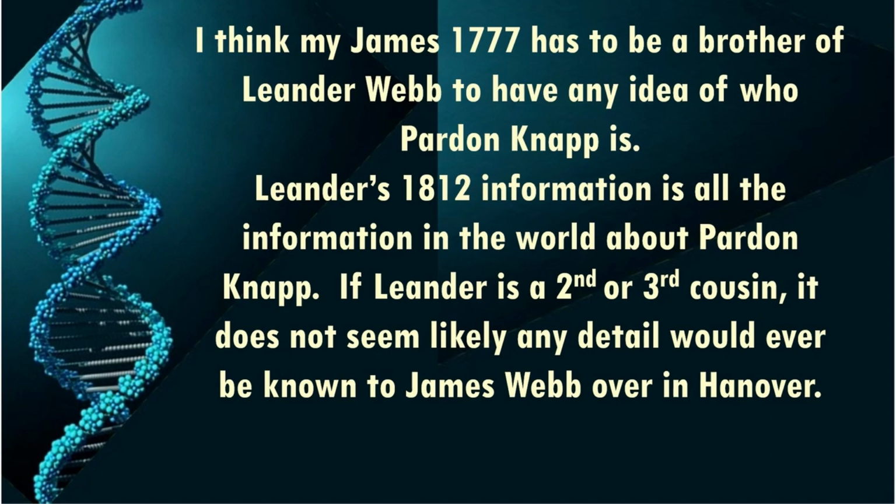If Leander is a second or third cousin, it doesn't seem likely that any detail would have ever been known to James Webb over in Hanover. That's way over on the outskirts of New York, next to an Indian settlement. So I just don't see him knowing that unless he's worried about his little brother who's off fighting in the